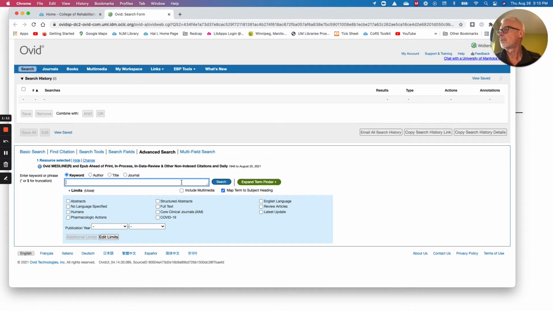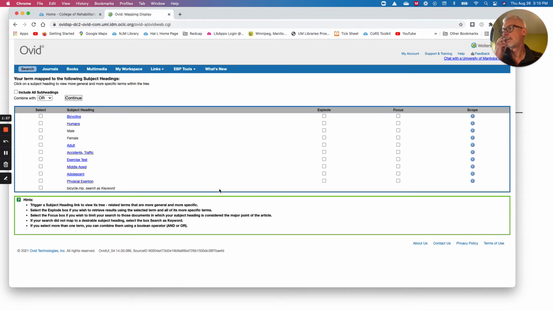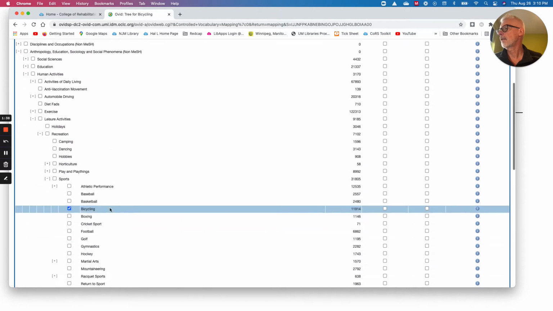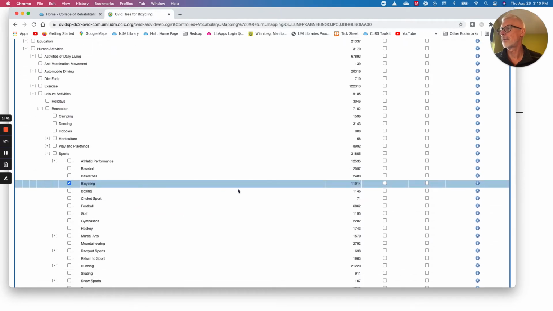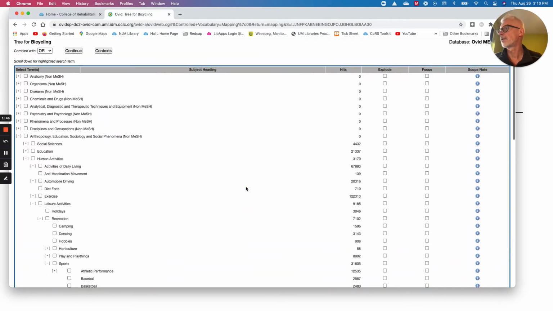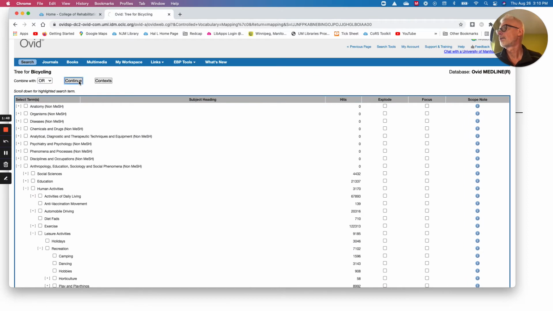I'm going to start with my first concept, which is the bicycle concept, and I'm going to start looking for the subject heading for bicycles. I'll do a search, and because I have that search map button highlighted, it puts me into the index where the subject headings are, and I can click on bicycling and drop down and see there are no narrower subject headings under bicycling, so I don't have to explode it. So I can go to the top, continue,